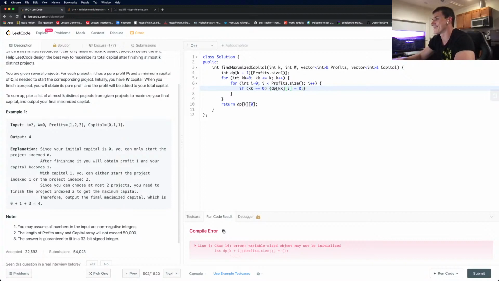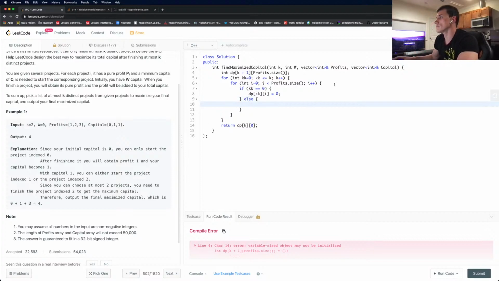Straightforward. Not interesting. So it's basically initial condition when we do not select any project, no project selected, or no projects, no profits.